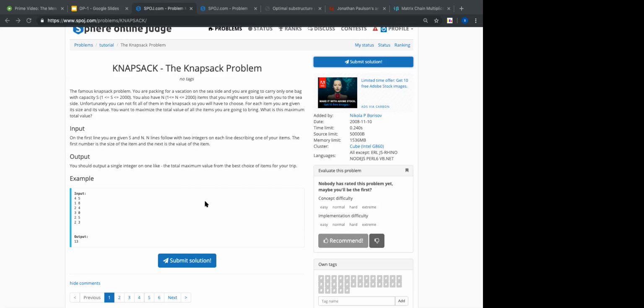Now I have a knapsack of size 4, so I can either take this or not take this. If I don't take this, then the answer is 4 from the previous row. But if I want to take this, then it's the value of this plus